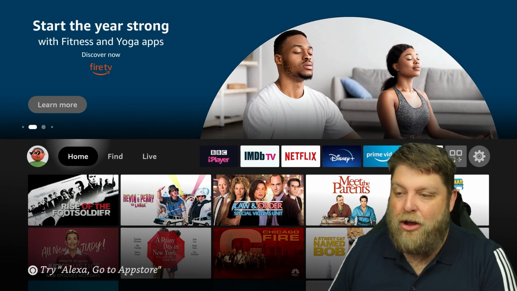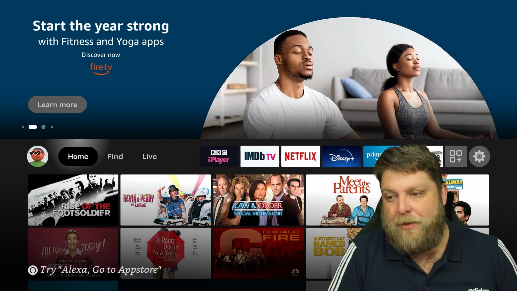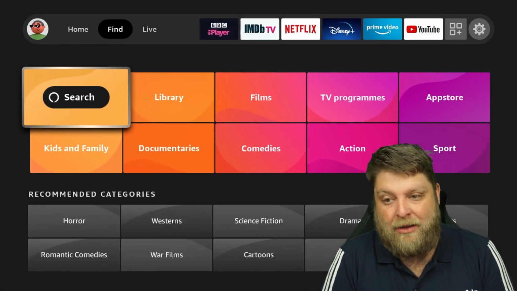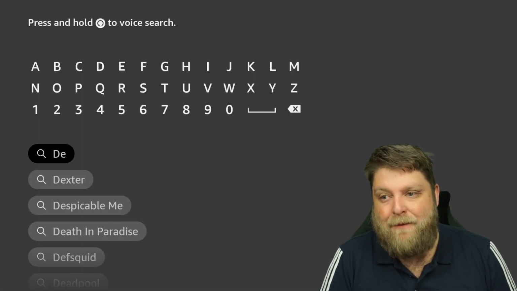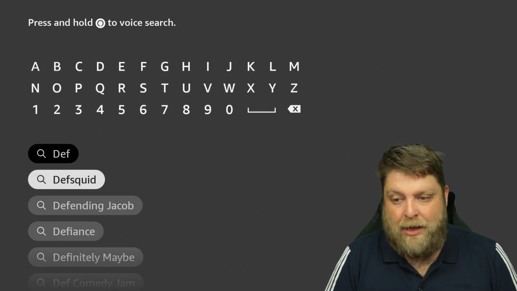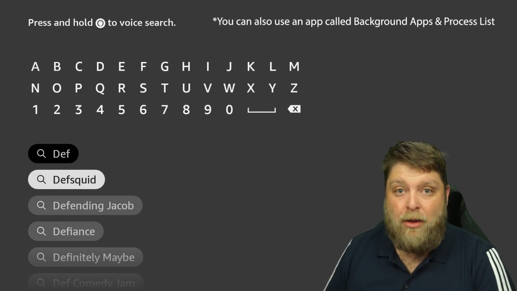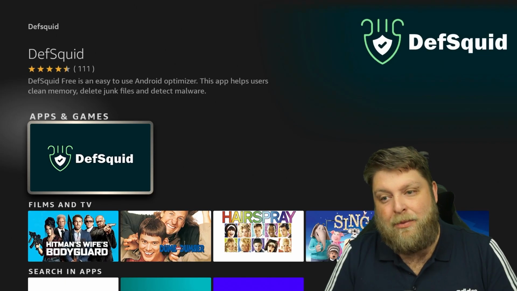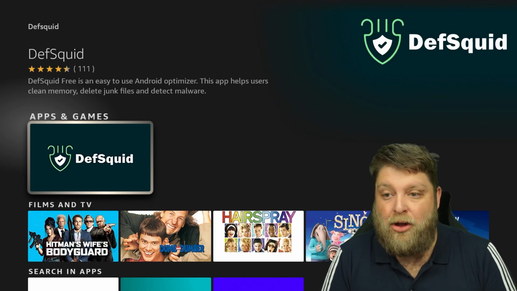Now, I've only just started up my Fire TV stick, and an app that you can use for this, if you go to find and then search, type in Time. You can see it come up underneath there. I've also done a full video on this. I'll leave that linked in the description down below. And once you click on that, this is the app you want to download and install, and it is free